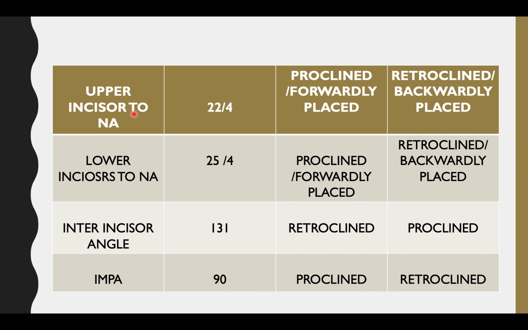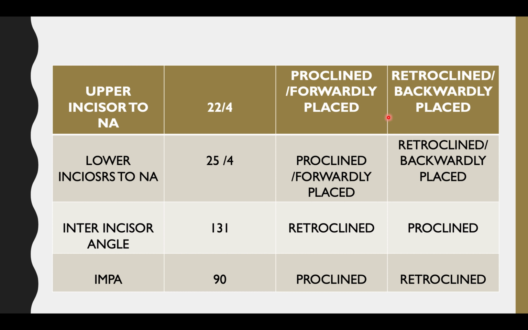So, skeletal class 2 division 1 malocclusion with proclined maxillary incisors. To come to this sentence, we need parameters like SNA, which is a higher value of 88 degrees, and upper incisor to NA of value 28 or 29 degrees, because greater than 22 degrees, then only we can come to that sentence.